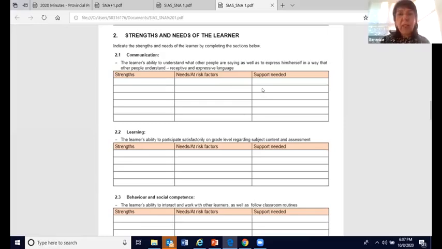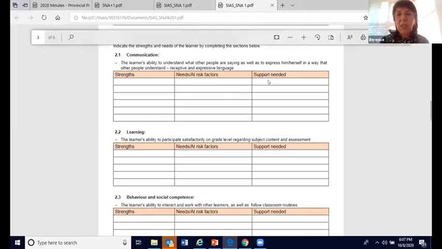Okay, so perhaps the need would be to communicate more effectively in sign language, and then you would indicate what the support is, as a teacher, what you could do in terms of support. So I'm going to continue with your learner. In terms of learning, does the learner have any strength in terms of learning?